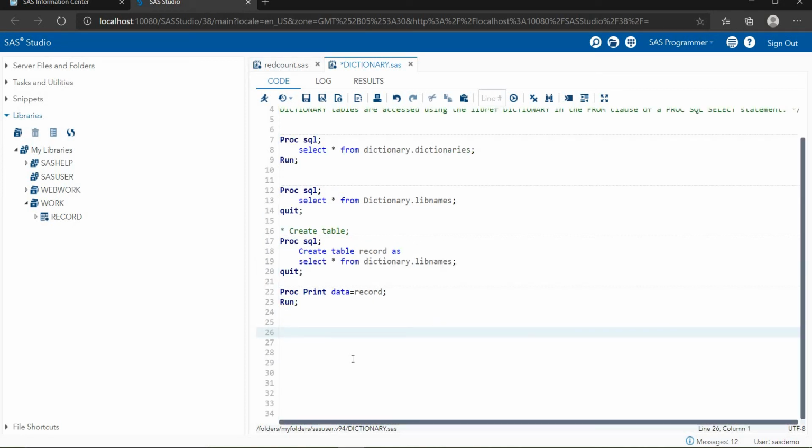Create a table of SASHELP only. I'm creating only for SASHELP. I want SASHELP data, all the detail of SASHELP in a dataset. So I'm writing the PROC SQL.